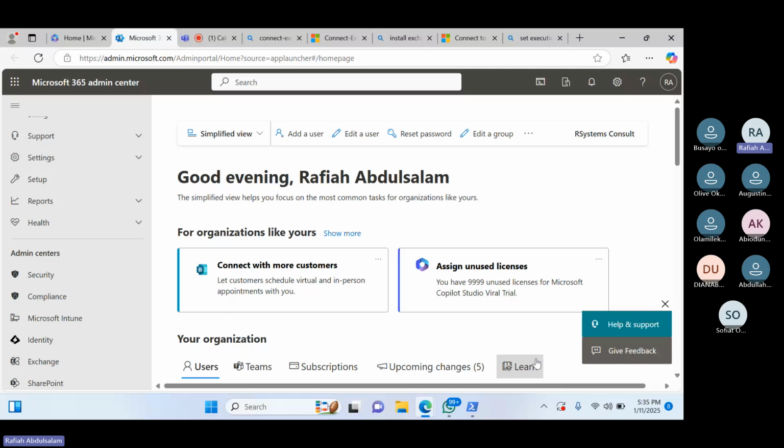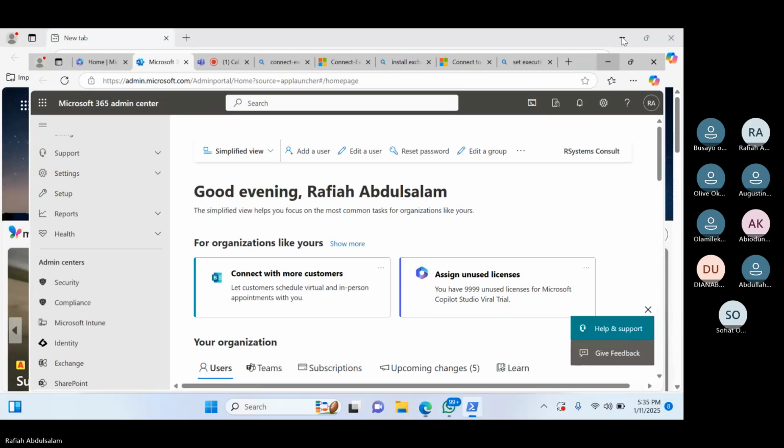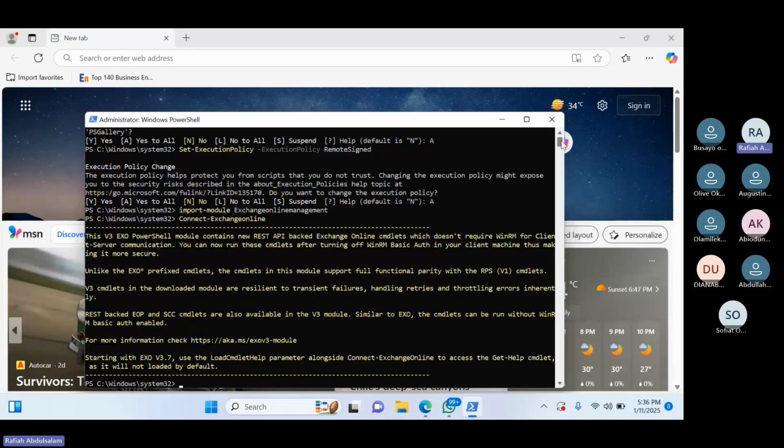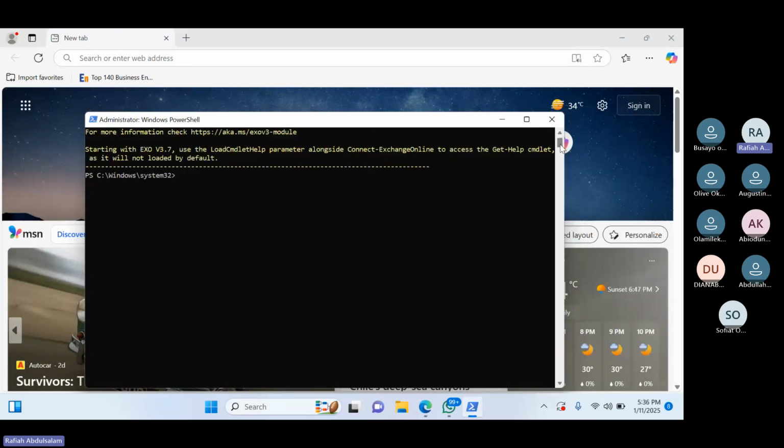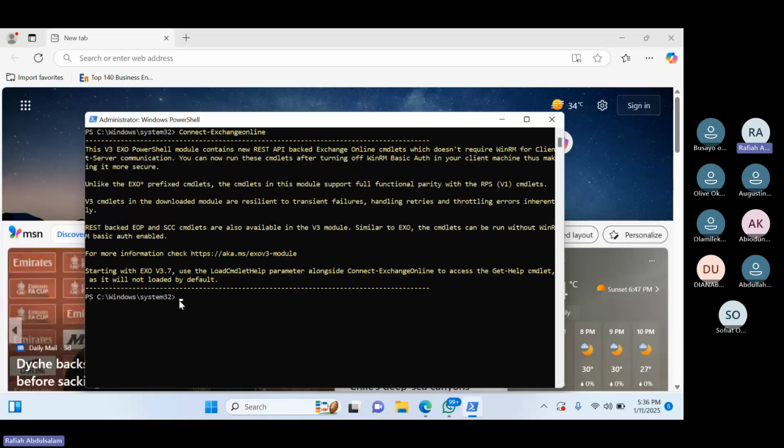Basically, when you connect to Exchange Online, now that I'm done authenticating, I can decide to run whatever PowerShell I want to run. Now, if you also want to connect to the Security and Compliance Admin Center, what you need to do is just type Connect-IPPSSession,